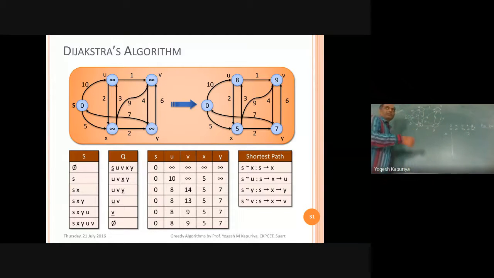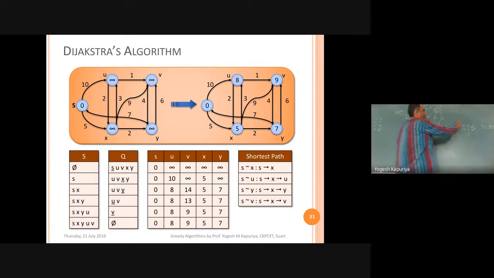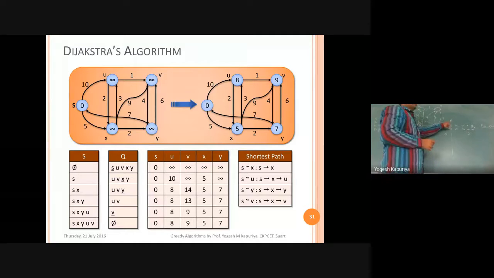Similar to what we have done in Prim's approach, we need to maintain the parent as well. So for every vertex, you are supposed to maintain parent as well. So let us say I'm writing over here, parent of, let us write here. Initially all are disconnected, so parents are null.